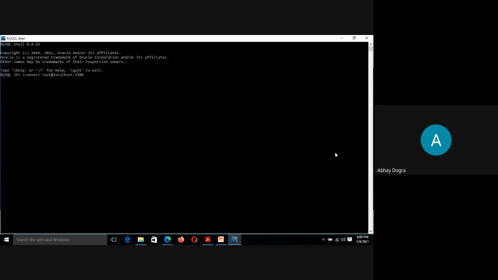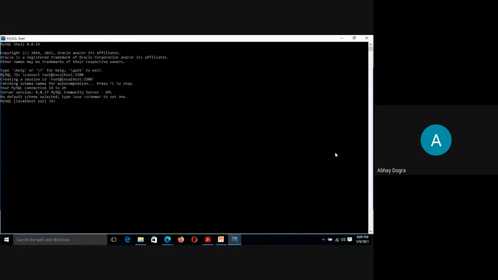So we are connecting to our local MySQL server as the super user root, on localhost, that is the local MySQL server, on port 3306. This is the default port, and it will work on almost all computers, so you need not worry.